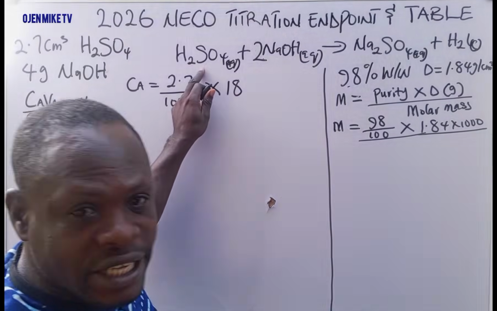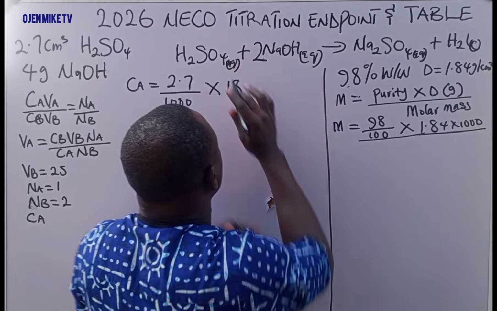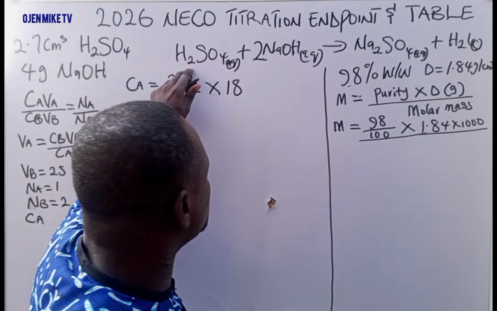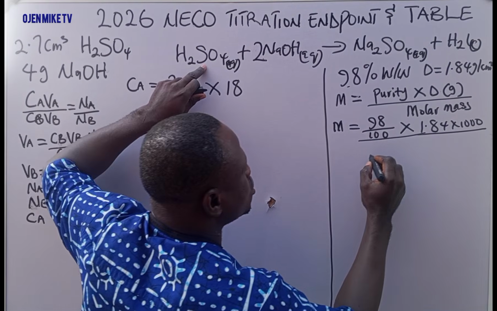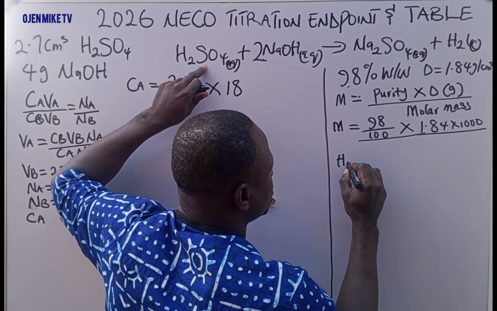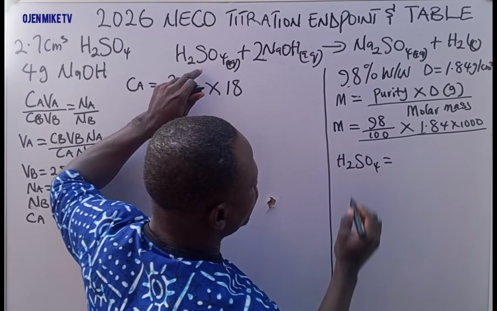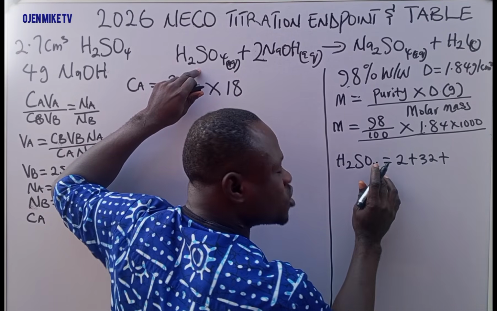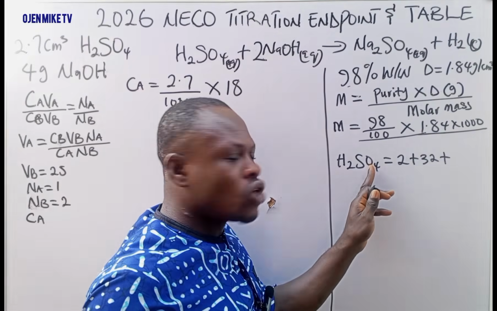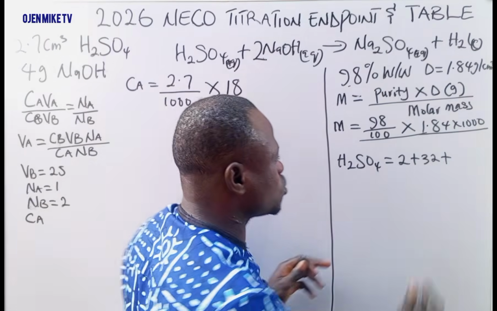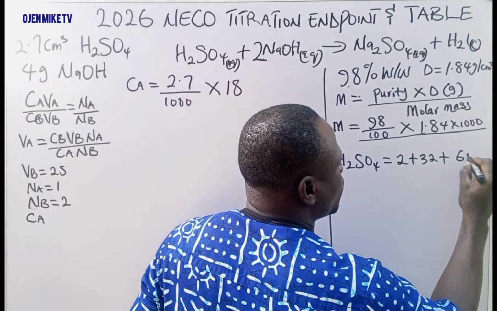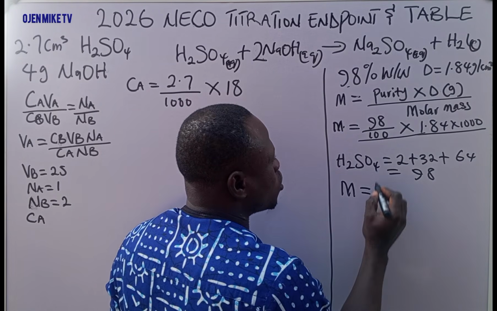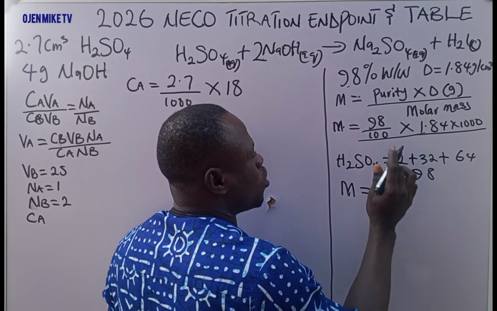Look at the molar mass of this acid. Hydrogen is 1, atomic mass is 1 times 2, that is 2. Sulfur is... H2SO4 is equal to 2 plus sulfur, which is 32, plus oxygen. Oxygen atom is 4, 4 times oxygen, which has a relative atomic mass of 16. So 16 times 4 gives 64. So at the end we have 98. So this molarity now will be equal to, if you divide this one by this one, 0.98 times